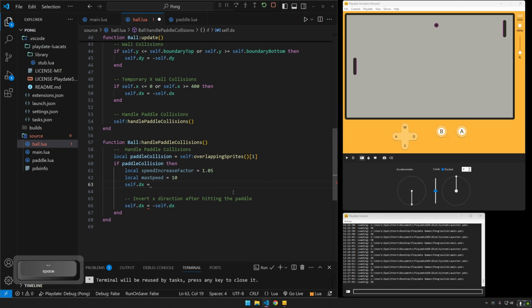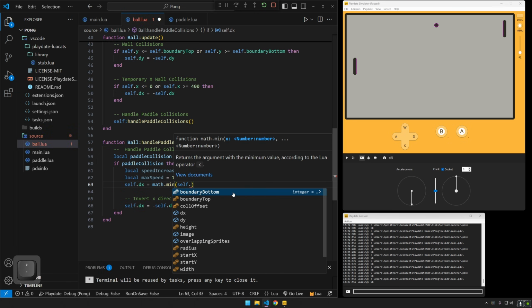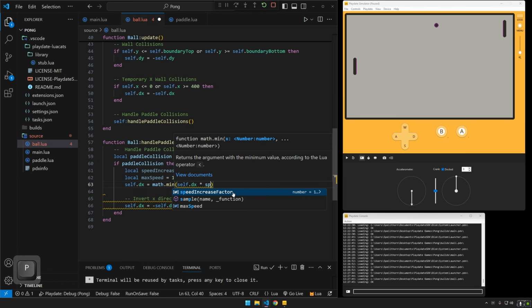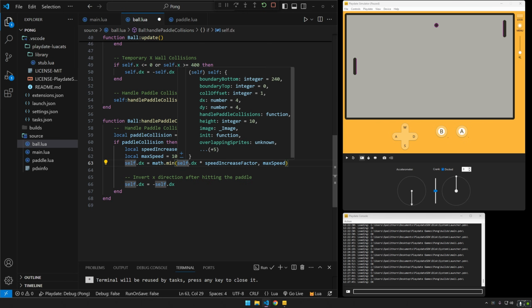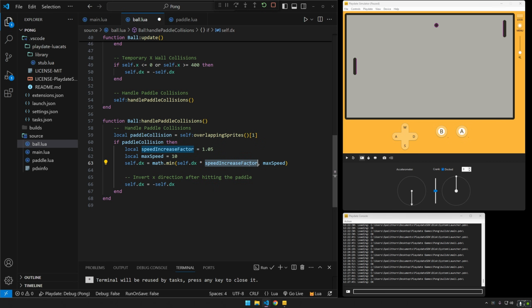Well, we can do another math problem here because we want to make sure that we're clamping our speed to the max. So math.min, we always want to choose the smallest number, is going to be our self.dx times our speed increase factor, or we're going to choose our max speed. So again, hopefully math.min and math.max makes sense now, but if it doesn't, we're going to choose whichever number is smaller, which is our self.dx times our speed increase factor, which is going to be like 4, and it's going